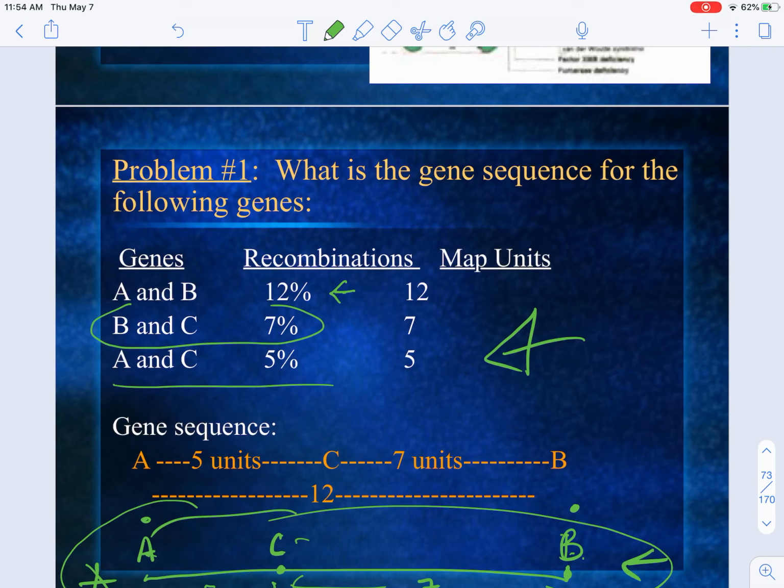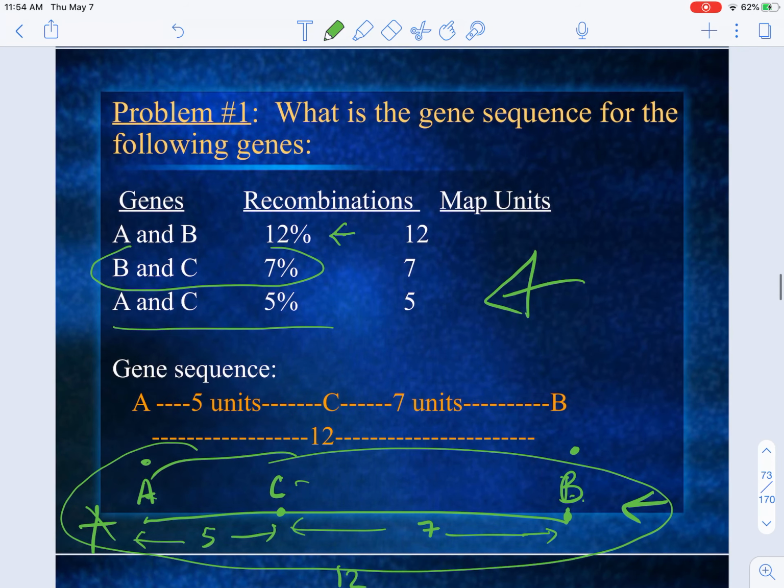So we're only looking at when they got the 12%, they looked at only A and B when they did the crosses and looked at the offspring and said 12% of the time we had combinations that we did not expect to see. So 12% of the time crossing over must have happened. That means that those 2 genes A and B are